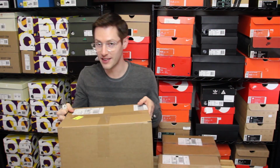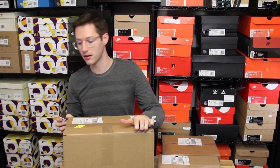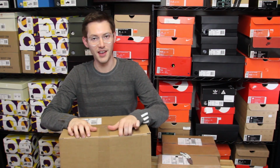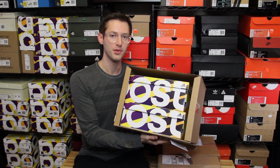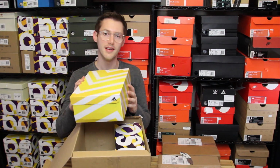This first box is from AsphaltGold. They are a vendor out of Germany. And this was actually a restock of a pair of sneakers I did not pick up when they originally dropped. I mentioned the Uncaged Ultra Boost, and that's actually what these are as well. These might be my favorite Uncaged Ultra Boosts, so I did have to double up on them. And if you're wondering what model it is,